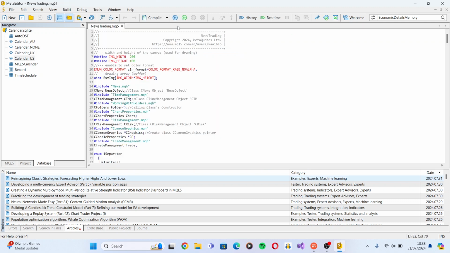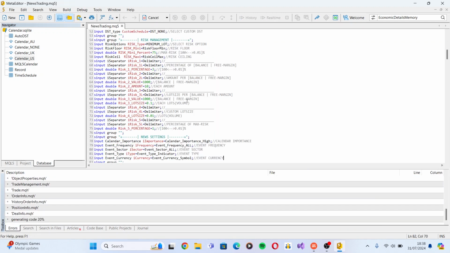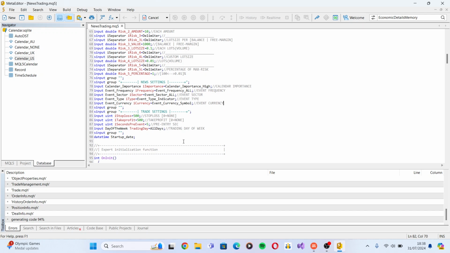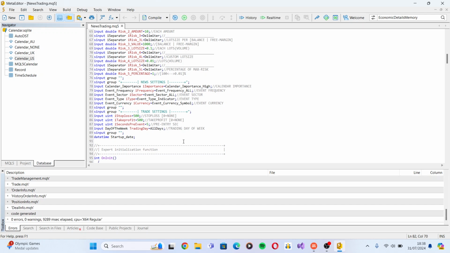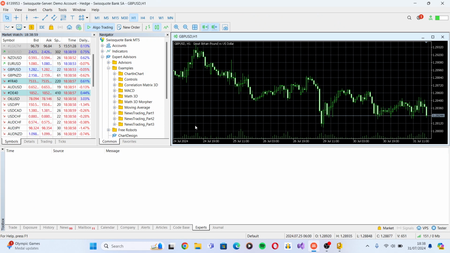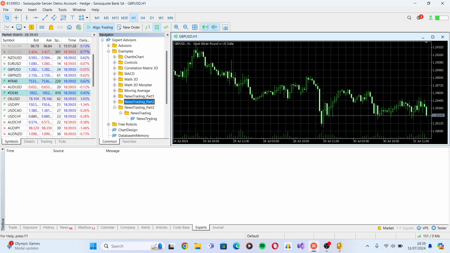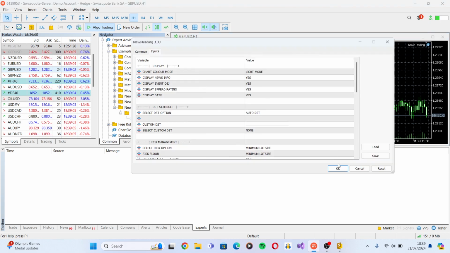So I'm going to compile this quickly. Okay, it's finished compiling. I'll go back to the trading terminal, and then I'll attach the expert onto the chart